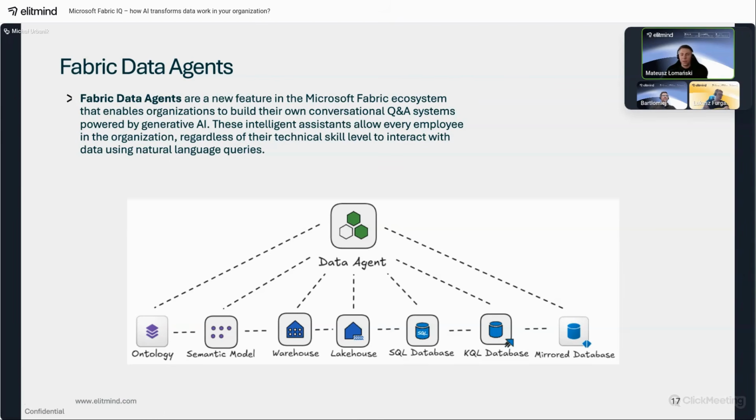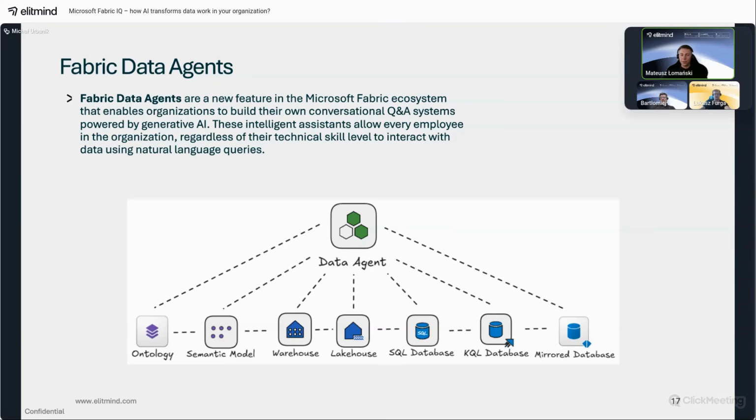So what exactly are Fabric data agents? They are a new feature in the Microsoft Fabric ecosystem that enables organizations to build their own conversational Q&A system powered by generative AI.